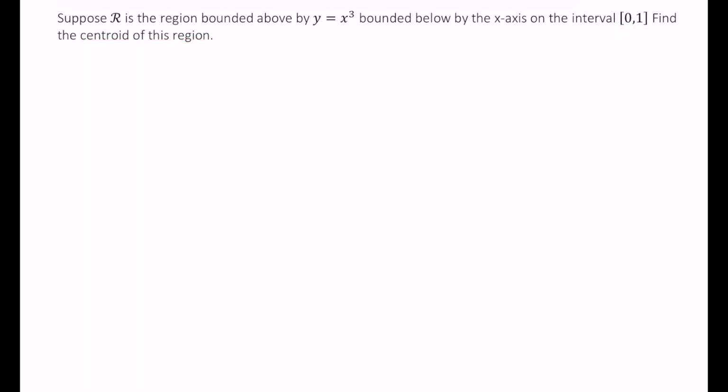So let's begin by finding the area of the region. Well, the area is just going to be the integral from 0 to 1 of x cubed dx, and that works out to be x to the 4th over 4 from 0 to 1, or just 1/4. And now let's compute x bar,